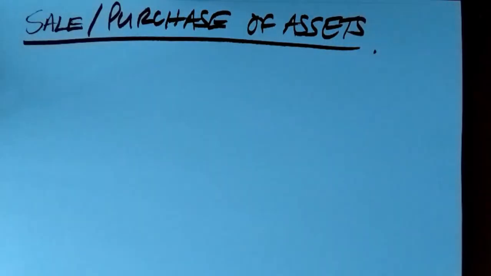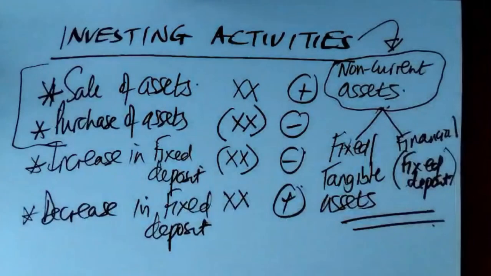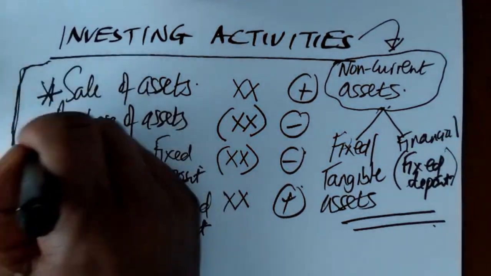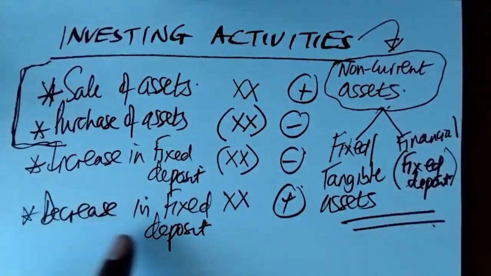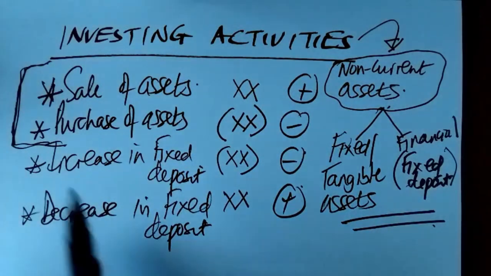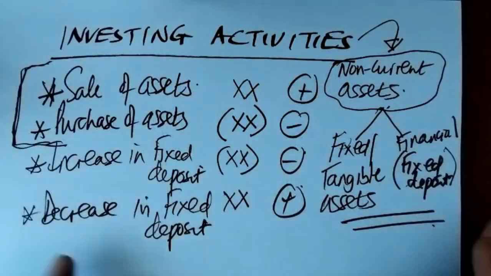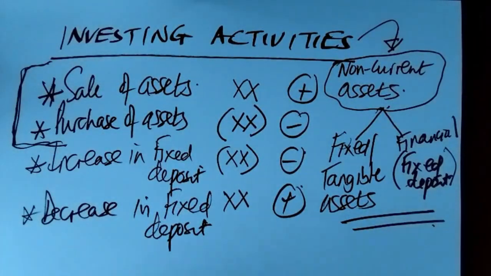In this video, I'm dealing with investing activities. More specifically, I'm going to be dealing with the sale or purchase of assets for the sake of the cash flow statement. This is based on my investing activities here, where I already indicated that there is sale of assets, purchase of assets, increase in fixed deposit, and then decrease in fixed deposit. But I'm going to focus on the first two, that is the sale and purchase of assets for the sake